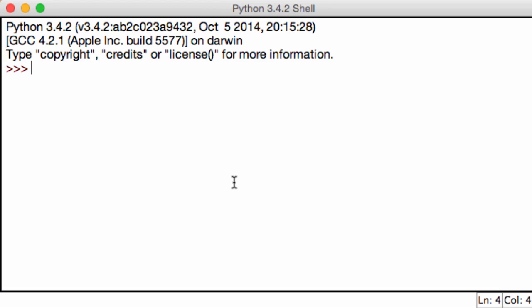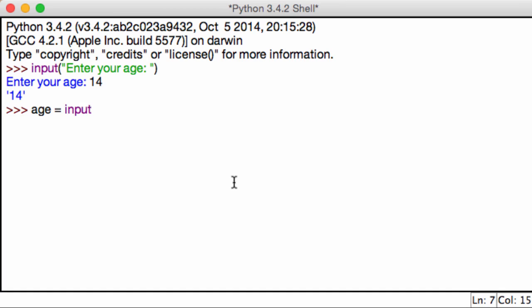And all this input function does is, for example, let's say I wanted the user to tell me what your age is. So what I could do is I could say input enter your age, right? Now this would work, and I'd put in my age as 14 and it would return me 14, except we want to store the value of input into a variable. So I create a variable called age, and I say input enter your age. So this would then, I would put in 14, and now if I print out age, it's now 14,